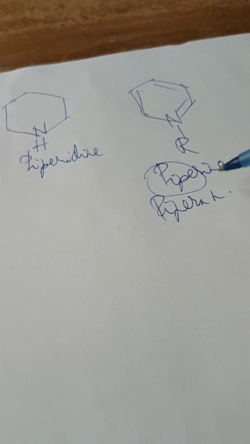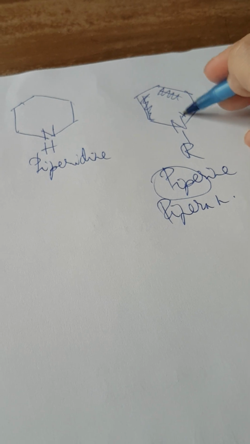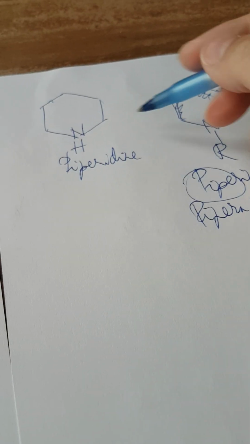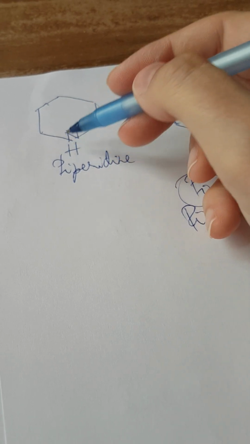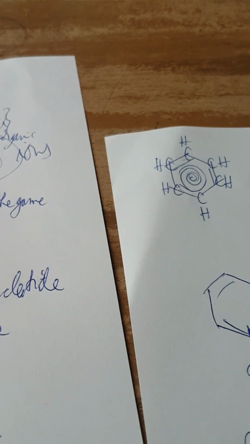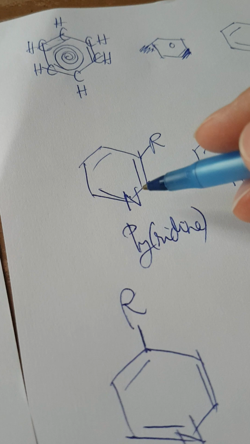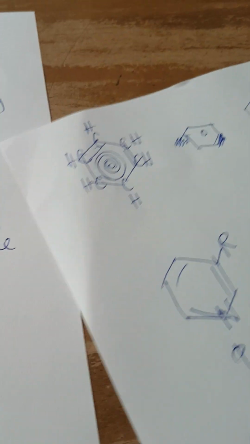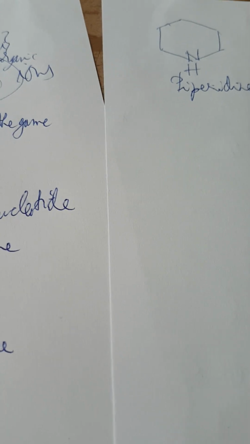So they extracted this from different Piper species. Not the fully hydrogenated version, this is the version without the radical, you know, like remove this radical and add the hydrogen. This is piperidine, and I said that this is pyridine, and it's missing that p, and I tried to fact check this, and I found no sources that said that piperidine and pyridine would have any connection whatsoever. I will go further and say that